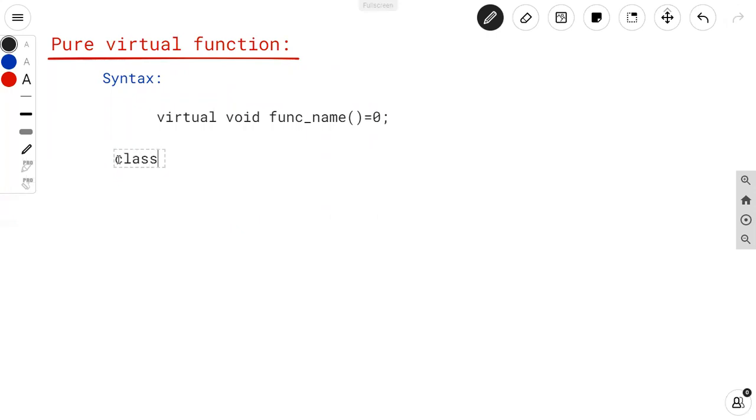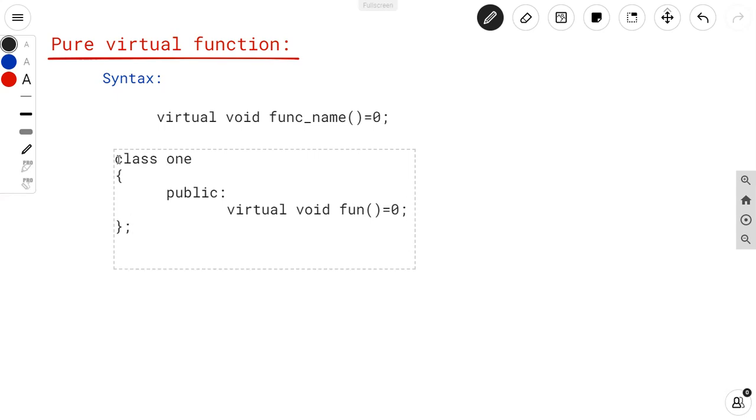So here, suppose class 1 is my base class. In that I'm creating the pure virtual function under public, which starts with the virtual keyword and ends with equal to 0, because it won't contain any definition for the virtual function.